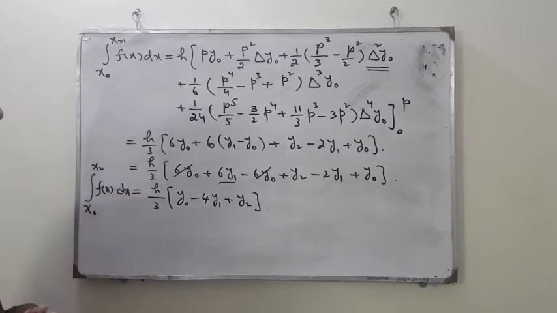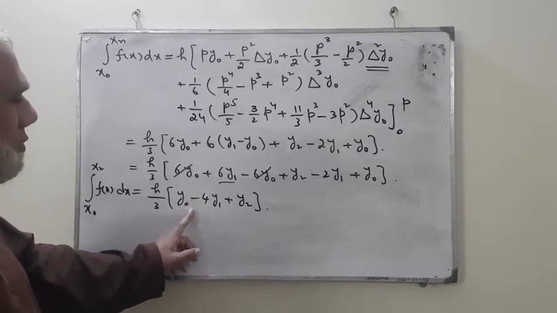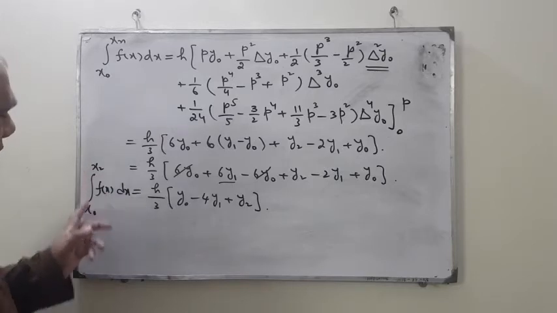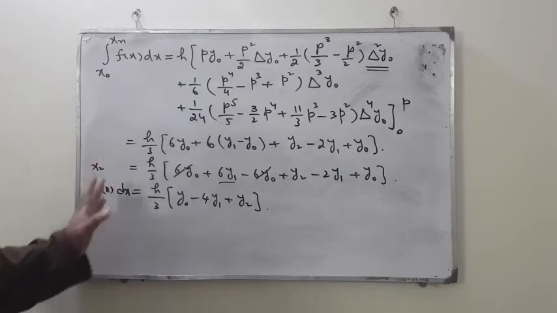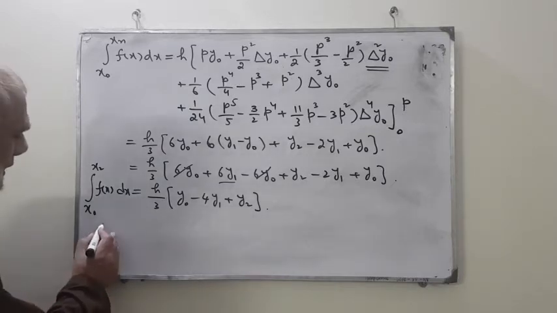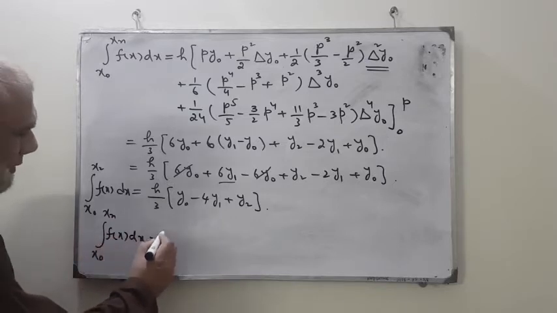So this is the result we obtain. Now we are going to extend this result for n intervals. Here we have used only x0 to x2, so we are going now to write it for the n intervals. So here, by using the same property of the integrals, splitting it into the subintervals, we can write it in